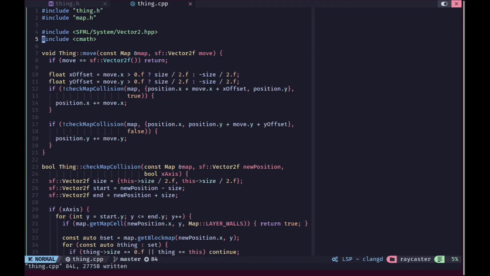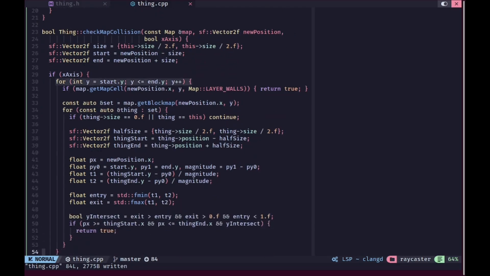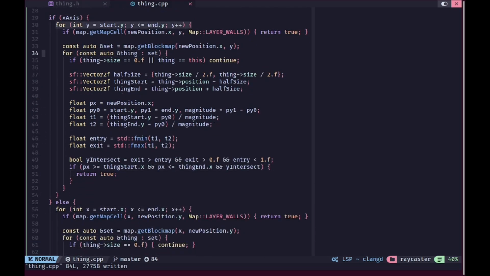And in here, first of all, we have got the move function. If the move vector is 0, then we just return, because we don't need to do the other calculations. If it's 0, that would just be a waste of time. And then we calculate the x and the y offset, and do the map collision just like we did in the player. And this function is basically identical, with one small difference, which is that we make sure that the